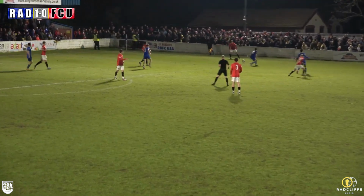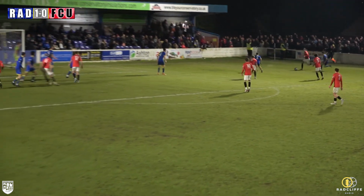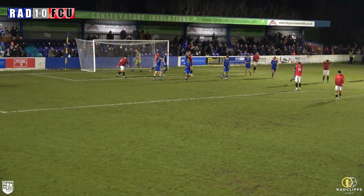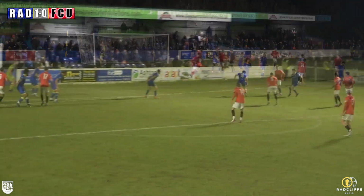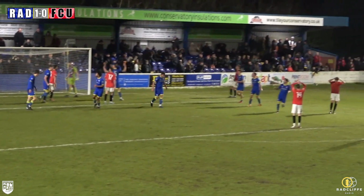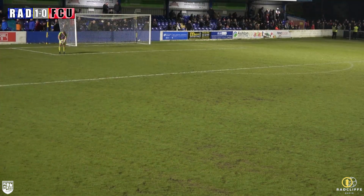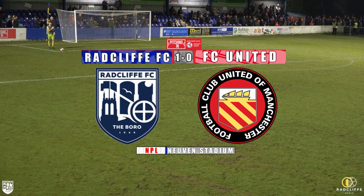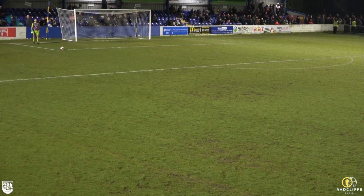Brad Potts, to Gribbin again. He's got a bit of space to run into. Sets it to Regan Linney once again, and he's wasted a glorious chance. It was difficult to see if he's gone for a cross or a shot there because of the way he's looped his foot around it. It almost looks like he's tried to bend it into the far corner, hasn't he? But you wouldn't have been surprised if he was going for a cross, but he's completely miscued it. Yeah, it's a really, really bad